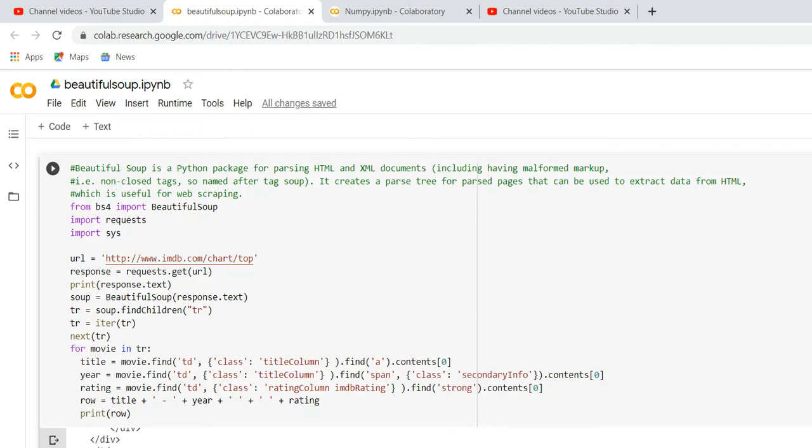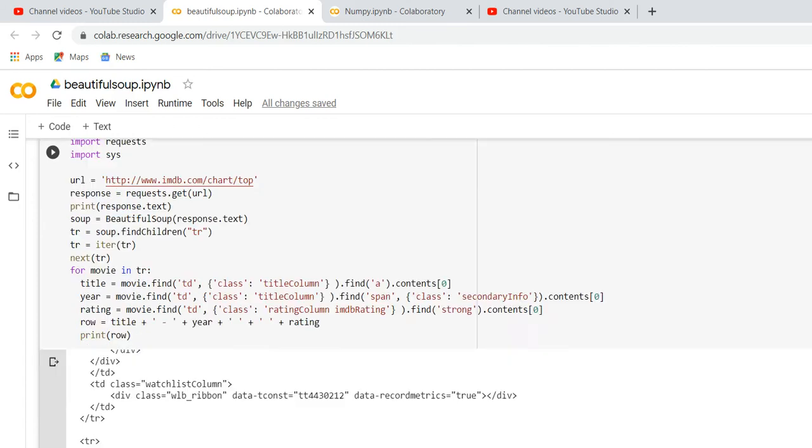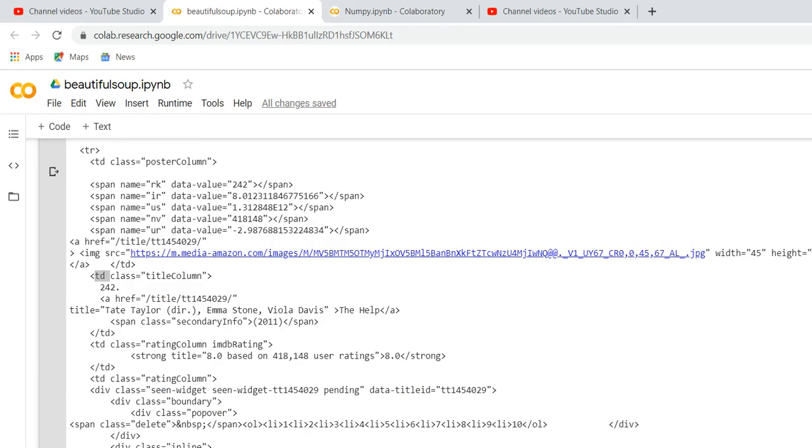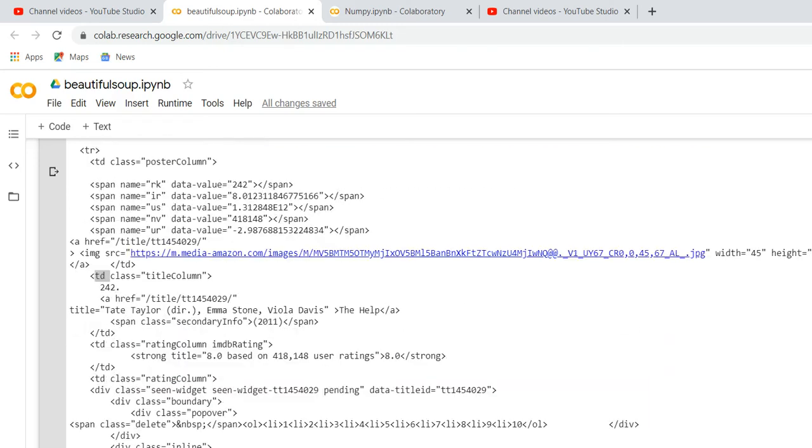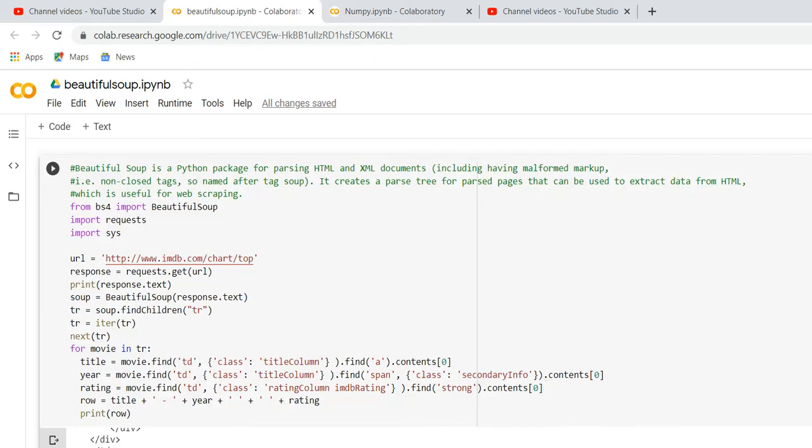Also here you can see title column and secondary info is my second class. Let me search secondary info. Secondary info is my second class.